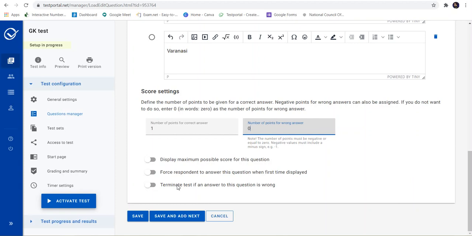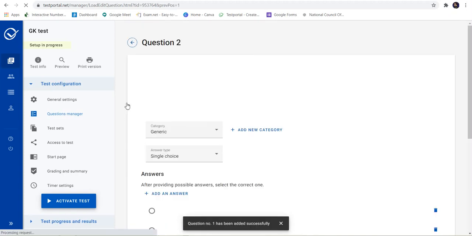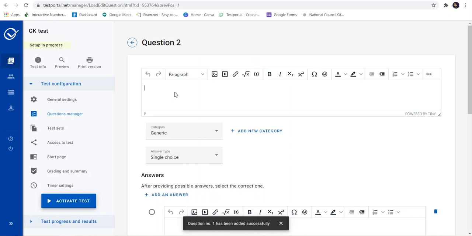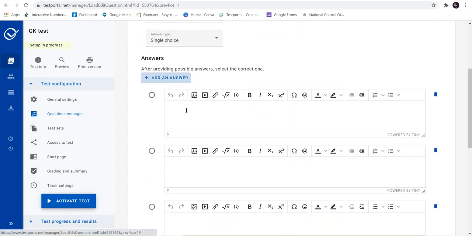If I have to write more questions, I'll click on save and add next. Once I click on this, the next question number 2 has to be written over here. So if I write national bird of India, I'll add 4 answers to it. Peacock, hen,